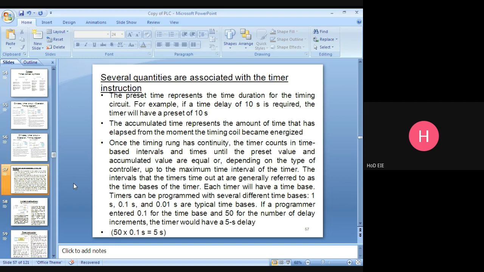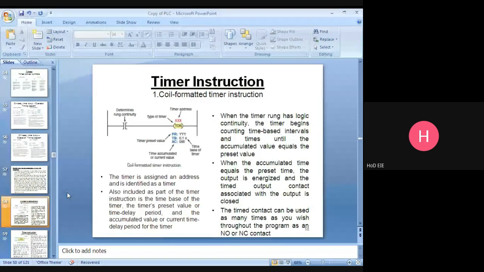This instruction I will explain with a diagram. There are two types of timer instructions: coil formatted timer instruction and block formatted timer instruction. This symbol represents a coil, which is why we call it a coil formatted timer instruction.